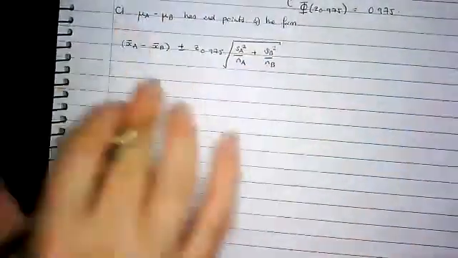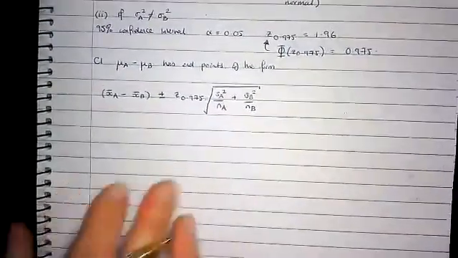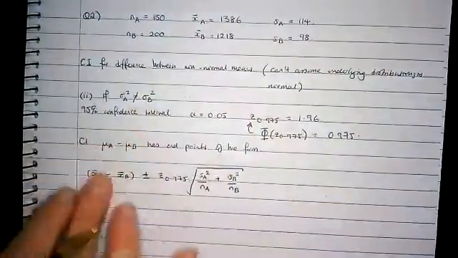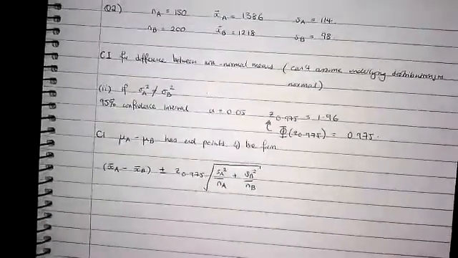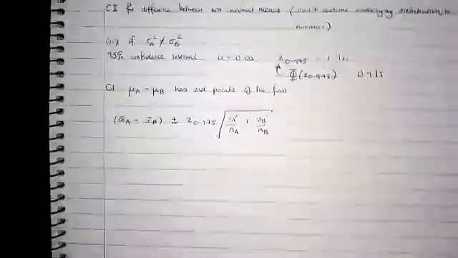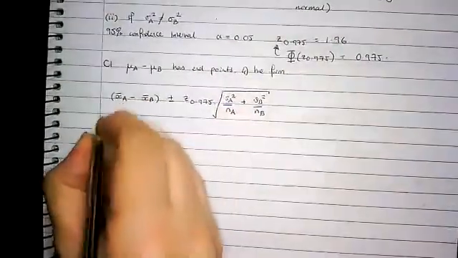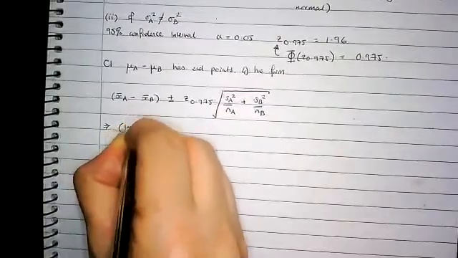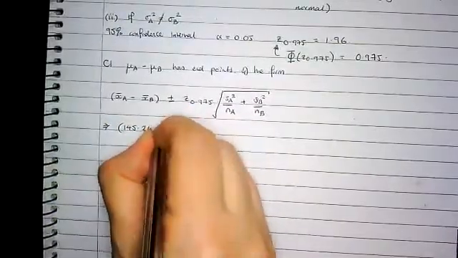So if we could remember that this is the right form that we want to be using, we should have been able to get to an answer here quite well. We should have been able to just insert the data that we've been given into this formula, which would give us the two endpoints of our confidence interval. I'm going to leave the intermediate calculation for you to give a go. But just using this formula is going to give us a confidence interval which looks like 145.26, comma, on the low end, up to